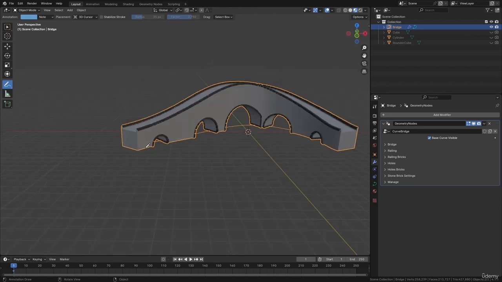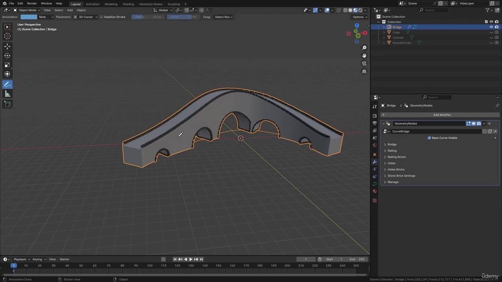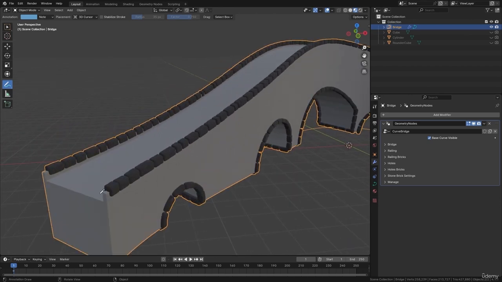The next thing here are the holes inside the bridge. Those are basically just 5 cylinders, in this case 5 cylinders distributed along the base curve and then subtracted from the bridge mesh. And the last part here are the bricks, which will have separate lessons for them, and we